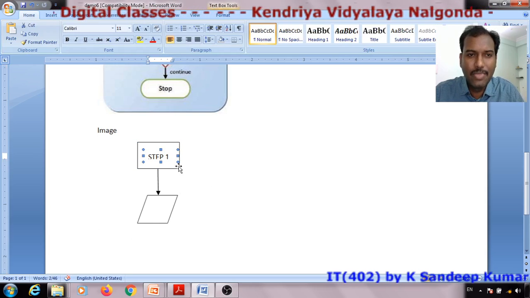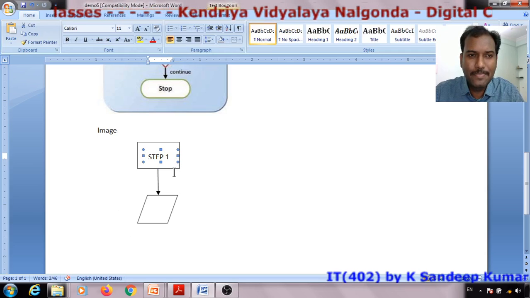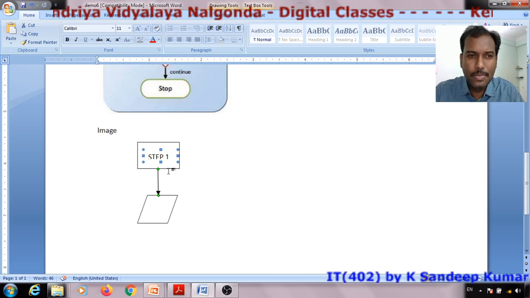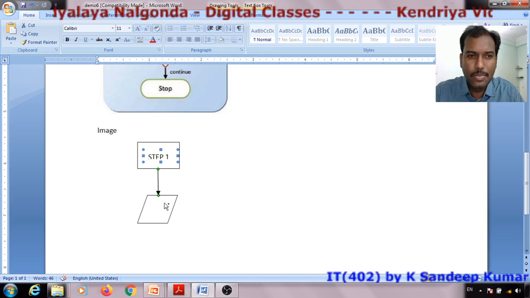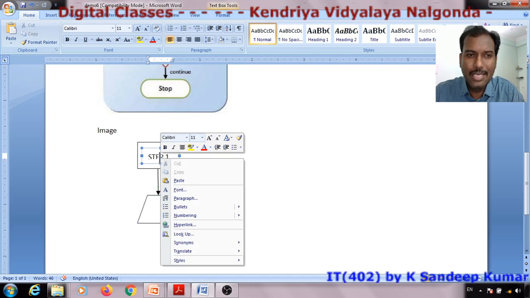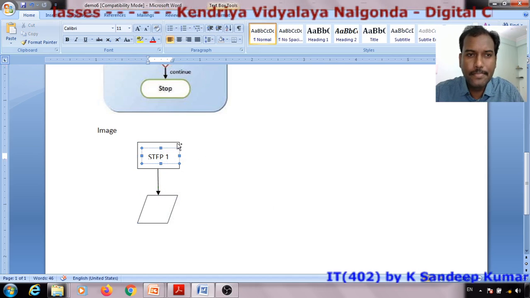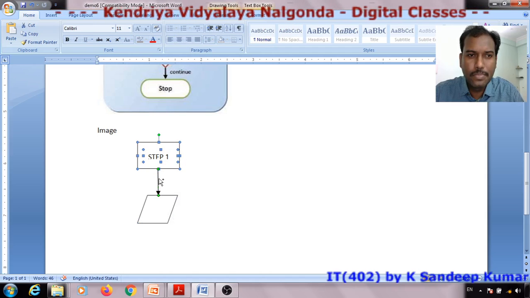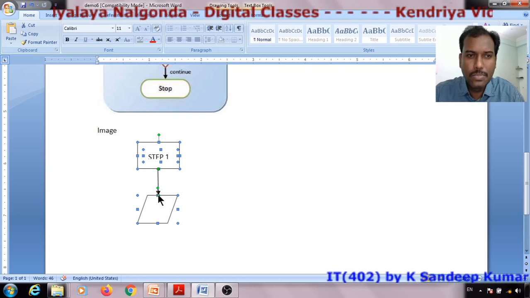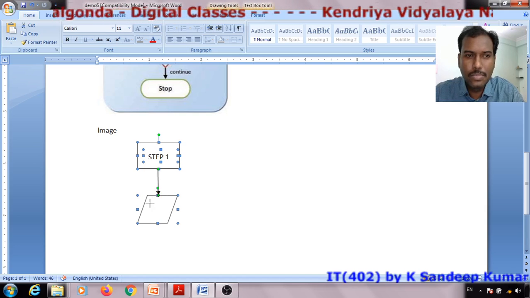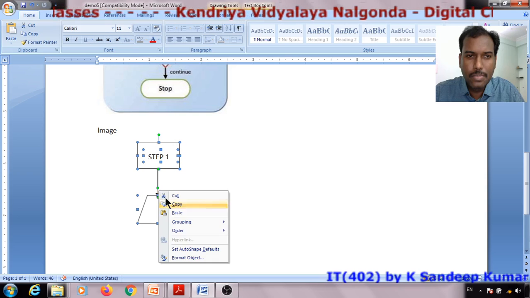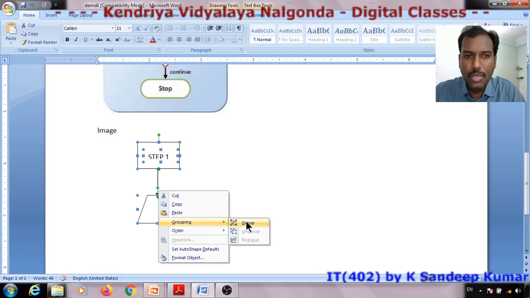To make it as an image, select all the elements, control, after selecting all the elements, you just right click, go to grouping, group.